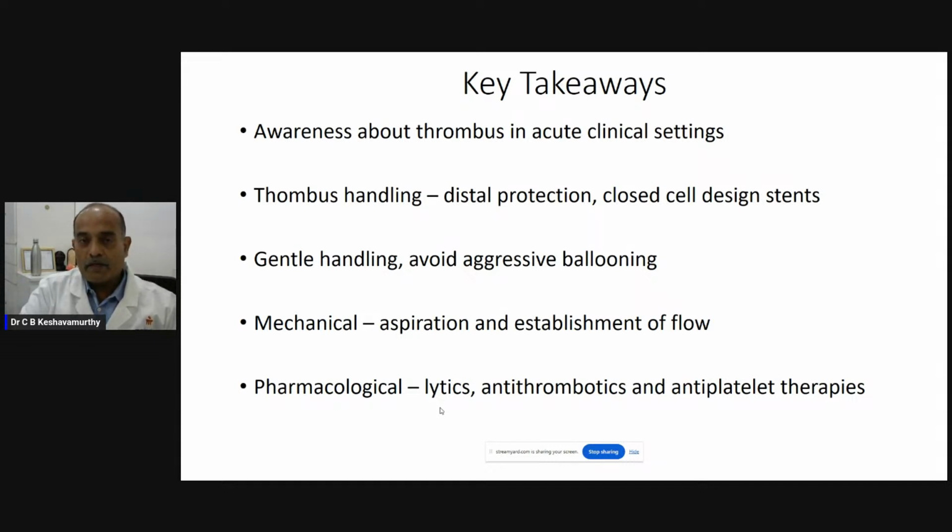So we get a quick onset of antiplatelet action within 15 minutes of administration of the drug, and thereby the pharmacological action is also very important. And whenever there is a thrombus, always expect a vasospasm. So use spasmolytic agents like nicorandil, or whatever agents you want to use in the cerebral circulation, and handle a thrombus very gently, especially when you are instrumenting through a thrombus.